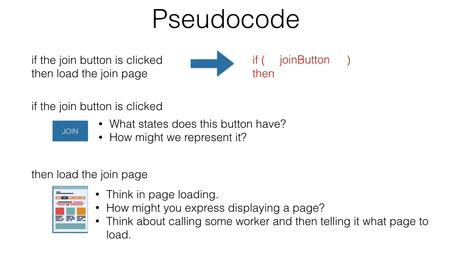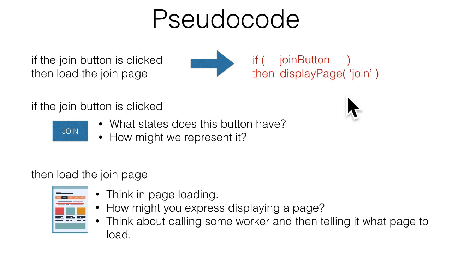And think about telling some worker, hey, I'm calling you and you're a display page worker, and I'm just going to tell you what page to load. Can you see how doing that is a little bit more generic? So then I'm able to load any page that I want. For example, I can load the join page. I can load the welcome page. I can load the home page just by calling this worker and then telling it, hey, I want that page. So what might that look like? Let's put it in as display page